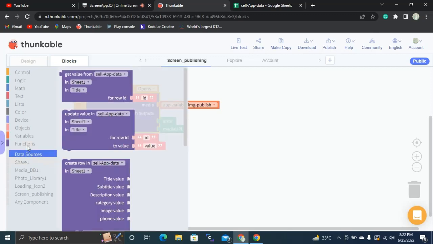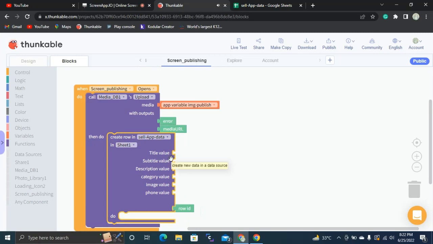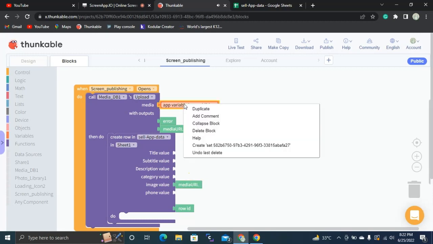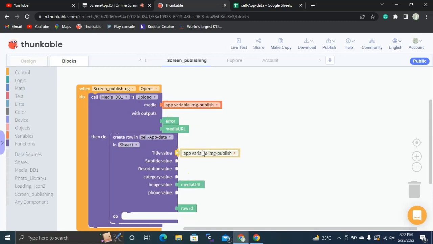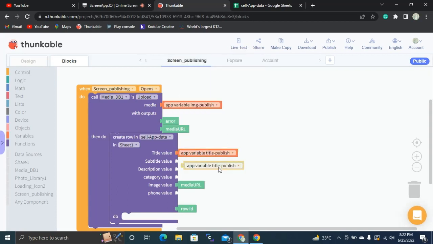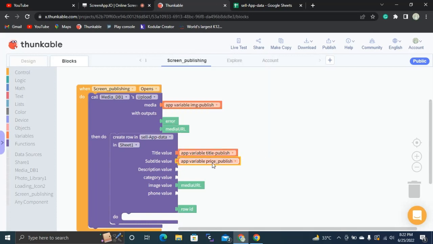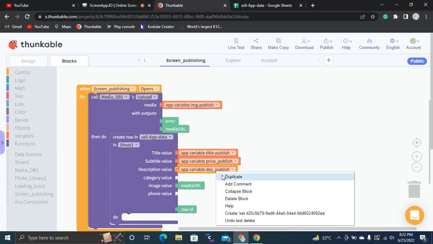send the data to the database. So create a new row in the database. For that, set this media URL inside this image value, and the title value is going to be title to be published, subtitle to be published is its price to be published, and description publish is going to be just publish, and category is going to be. So now